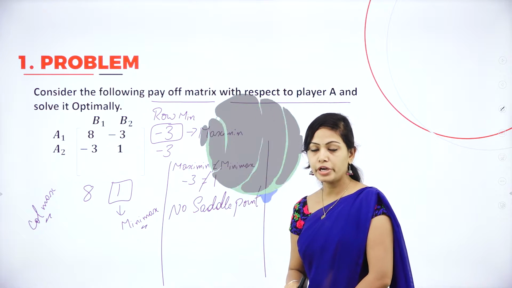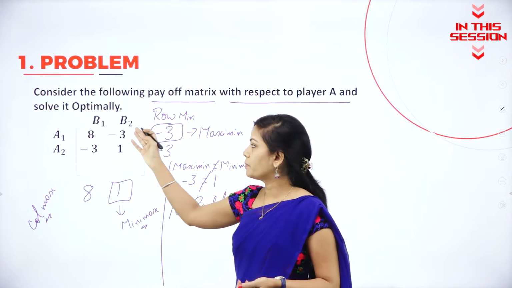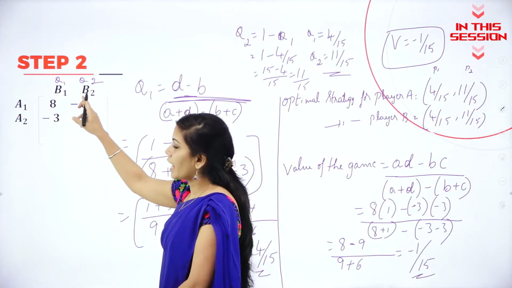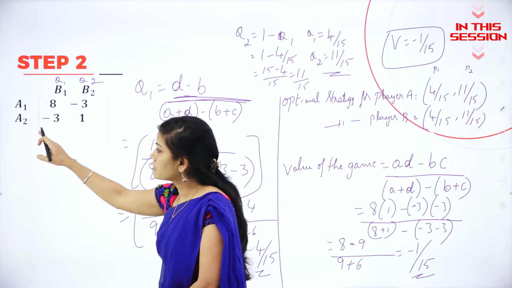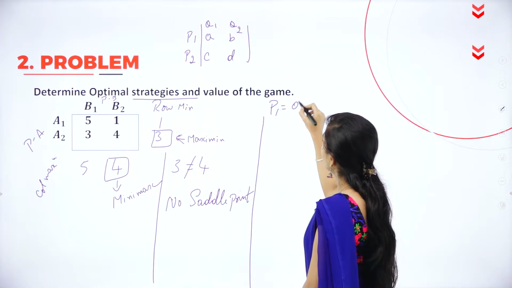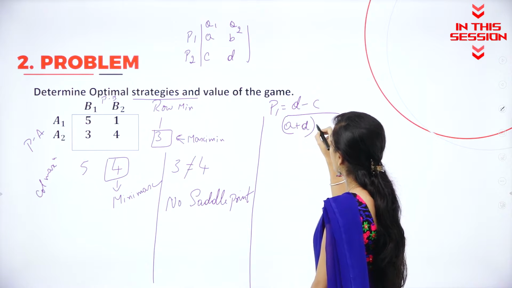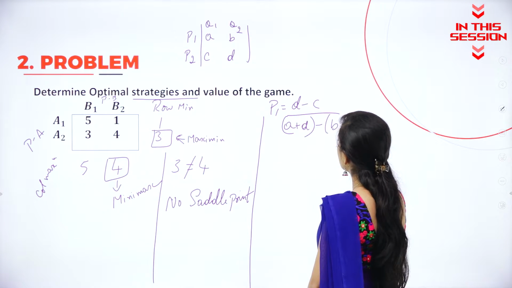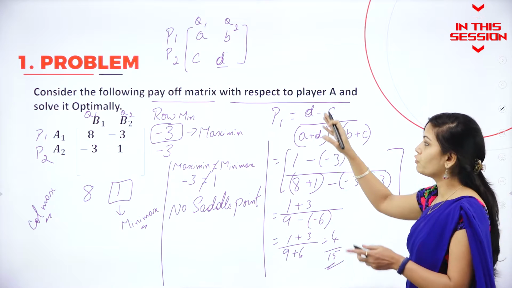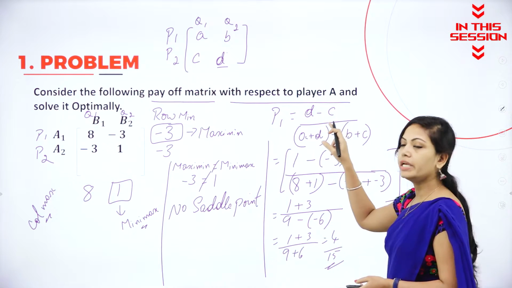If it is a saddle point, you can easily find the optimal strategy for player A and the optimal strategy for player B. The gain to player B and loss to player A, that you have to mention. P1 is equal to D minus C divided by A plus D minus B plus C. We have to use this formula for finding the optimal strategy for player A. So D minus C divided by